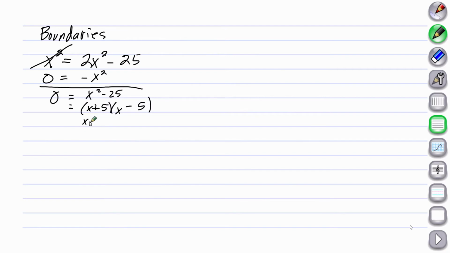So x plus 5 equals 0, x is -5. x minus 5 is 0, bring it over, x is 5. So there's our boundaries. Now we have our boundaries, 5 and -5. Yeah, so on all these problems, if they don't give you the boundaries, you just set the two